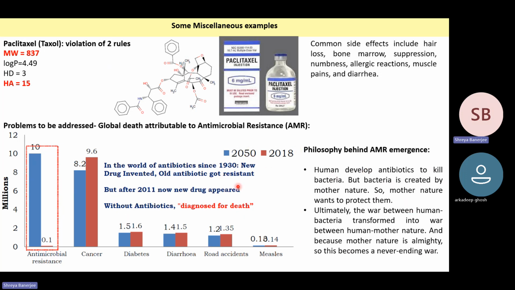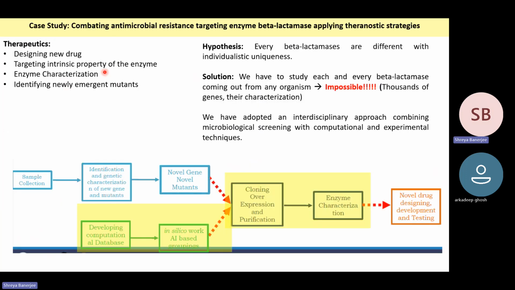You can see the antibiotic resistance in 2018 is this red bar for different diseases, and in 2050 it is predicted that for several antibiotics, if 2018 was 0.1, it is predicted to rise to 10 by 2050. So more and more new drugs need to be synthesized because the old drugs are becoming ineffective. We will now look at a case study